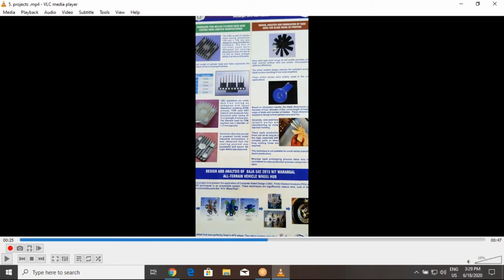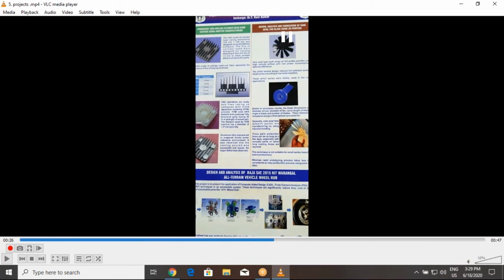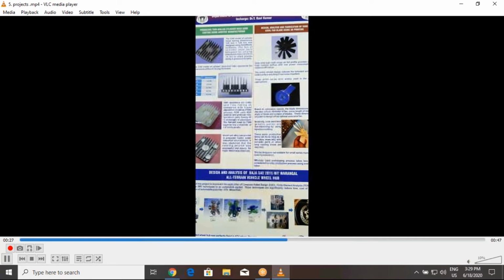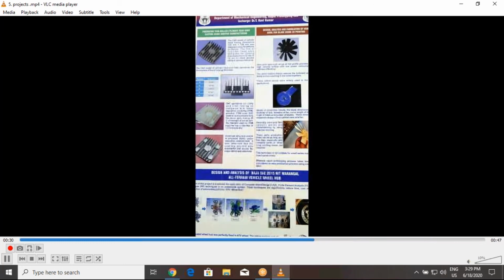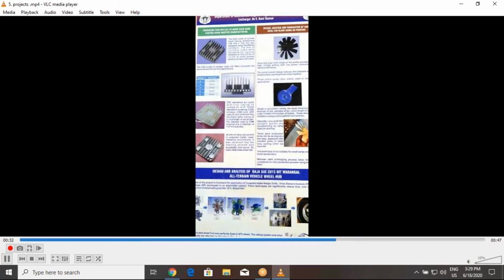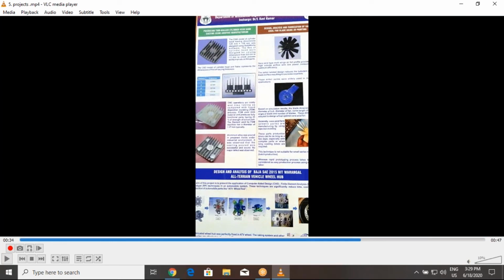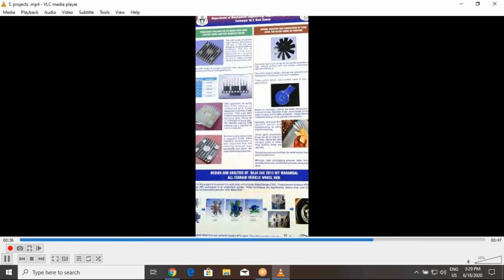What our students did here is make this type of cylinder head, with varying fin cross sections, as an FDM model to use as a pattern. Using this pattern they produced the cylinder head by casting, and very few defects were produced here.